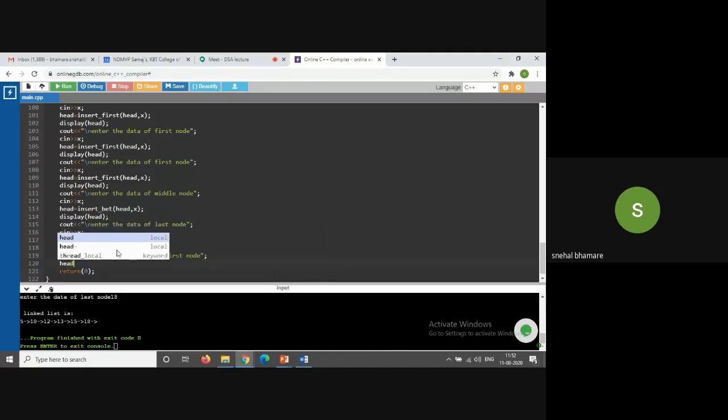So head = delete at first. Into this I'll pass the head of the list, and after this I'll call the display function to display the linked list. Okay, I'll execute this first.